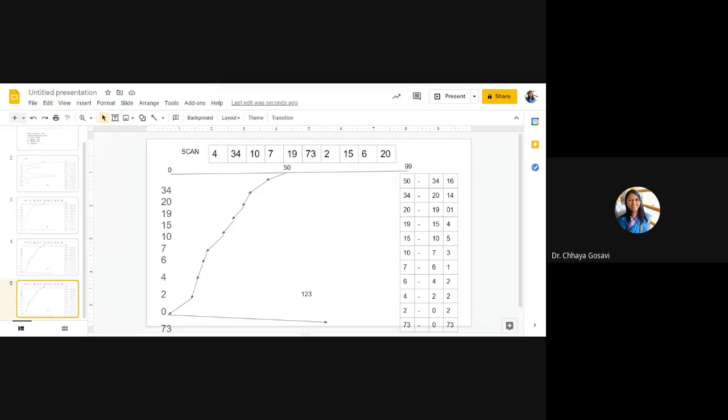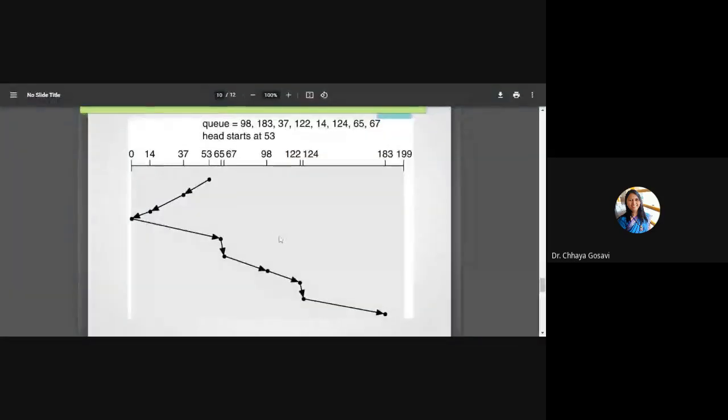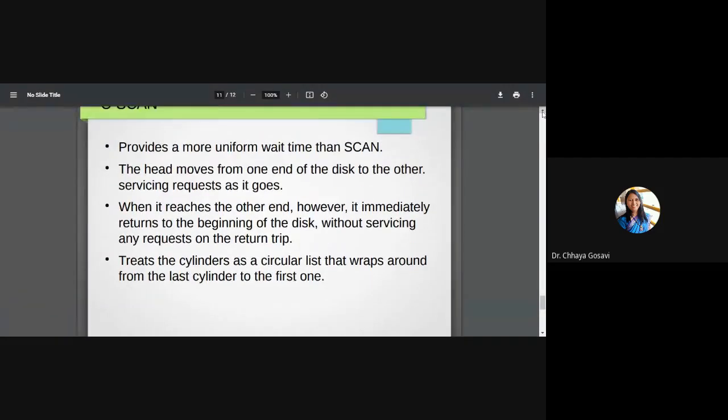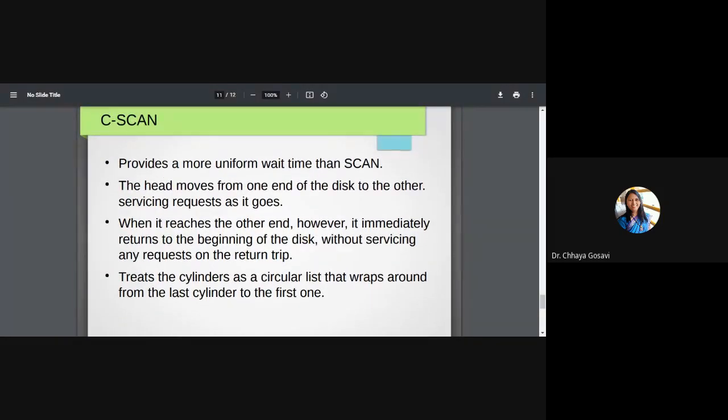Let me show you the slides first. So in case of C-scan, it provides a more uniform wait time than scan algorithm. The head moves from one end of the disk to the other. So it will move from 0 to 99 directly, and then while coming back, it will serve the request, serving requests as it goes. When it reaches the other end, it immediately returns to the beginning of the disk without serving any request